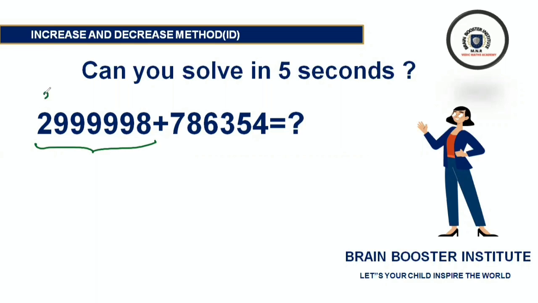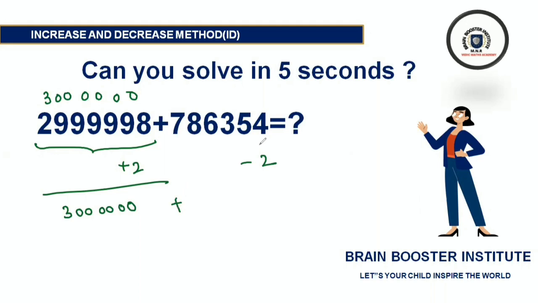What is its easier number? 3000000. This is the easier number, isn't it? Now, what is the difference? Easily you can find it is plus 2. Since we are adding plus 2, we need to subtract minus 2 here. So by adding plus 2, we get the easier number that we selected, and by subtracting 2 from the other number, we get here